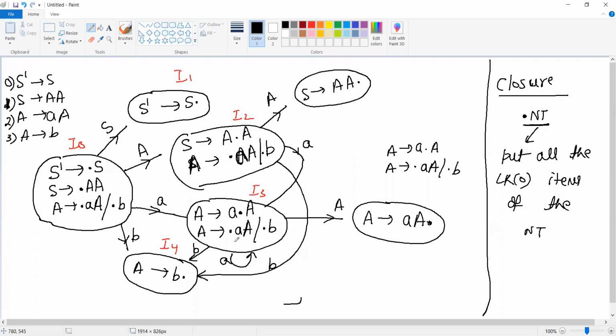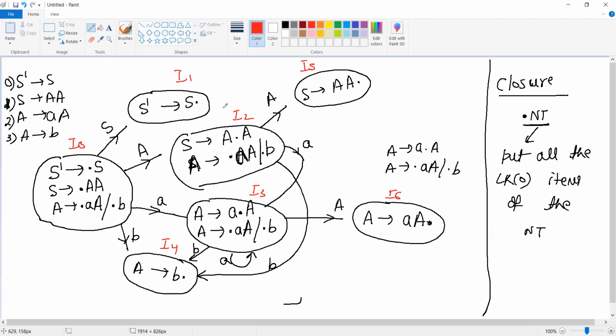तो ये दोनों state आपके repeat हो जाएंगी. Fine. So इनकी numbering कर देते हैं. जो नई state मिली है I4 तक हम कर चुके थे. So this is I5, this is I6. So total हमारे canonical collection में कितनी states बनी है? If I include 0, then 7 states are there, right?